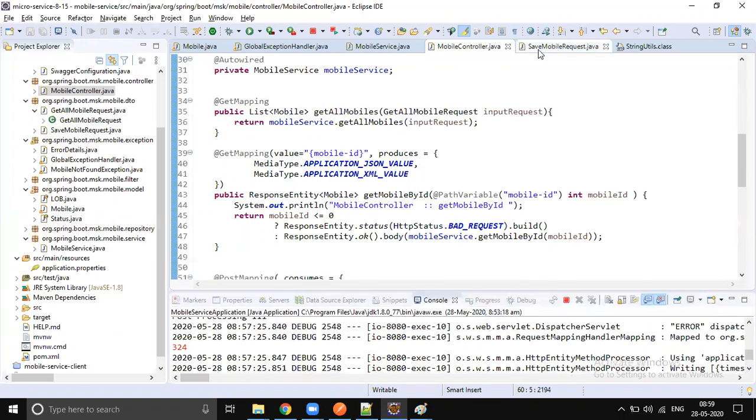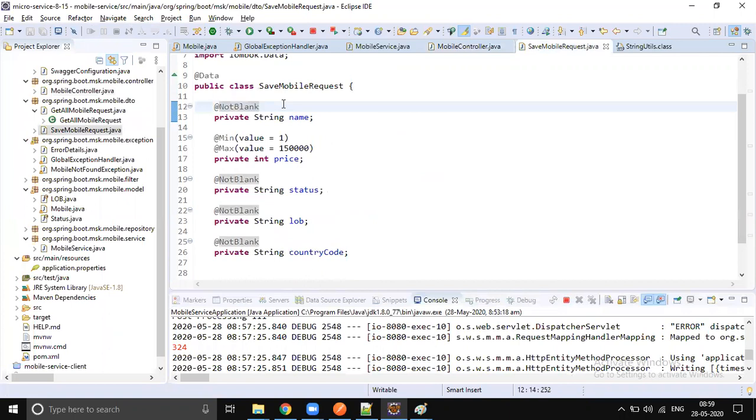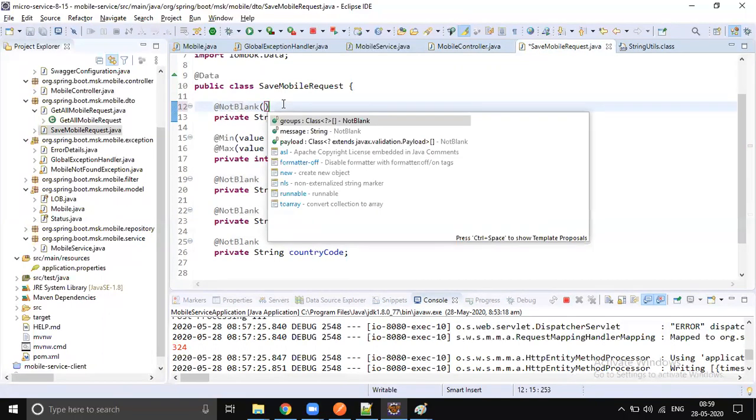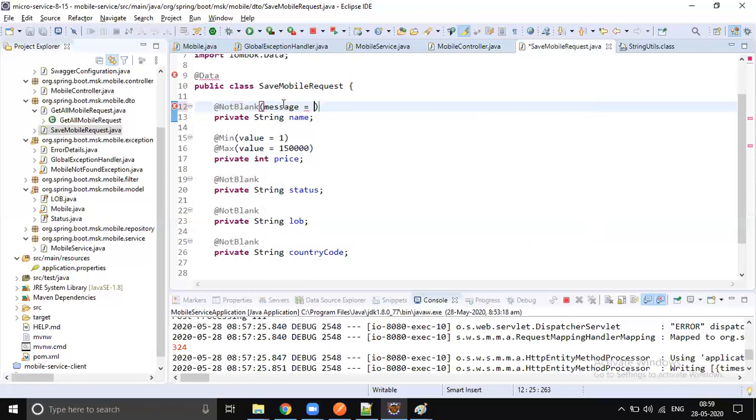Let's go to the save mobile request, and we can specify what message we would like to give. Name should not be null and empty.